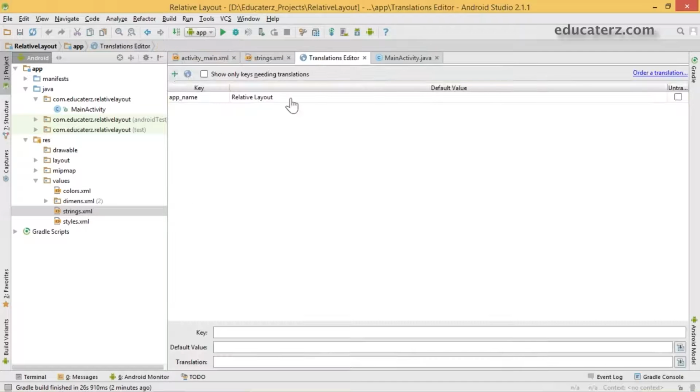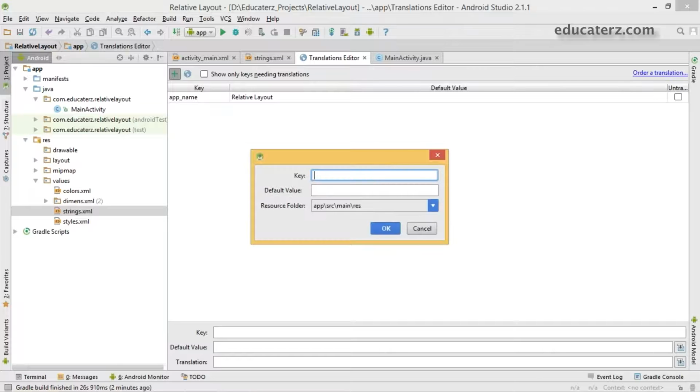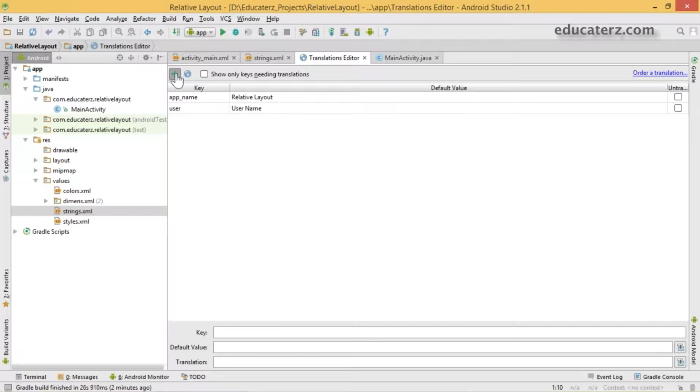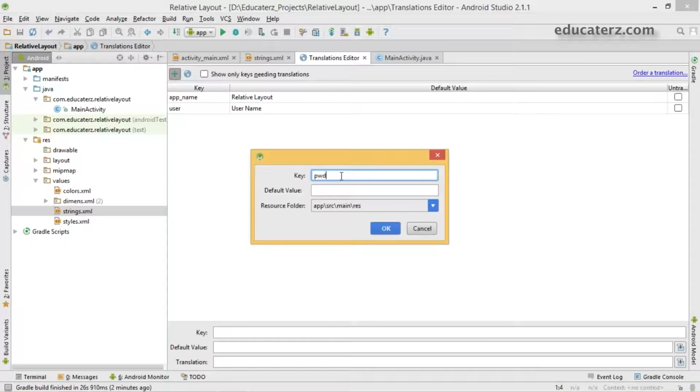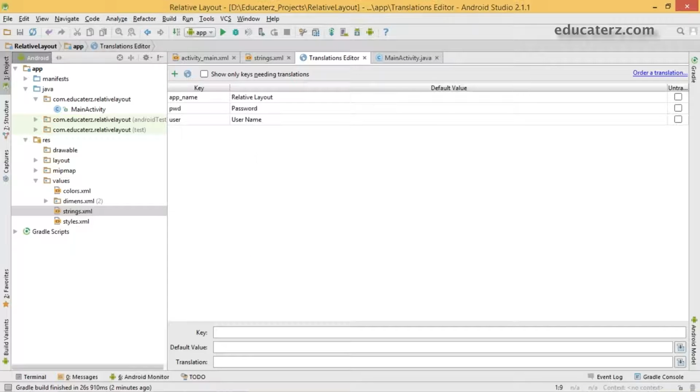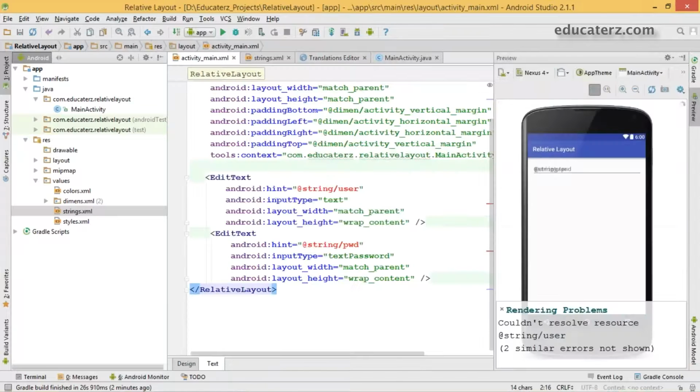So open editor, create new keys. The first one is user, the value is username, and the second one, the key as pwd and the value is password. And come back to this.